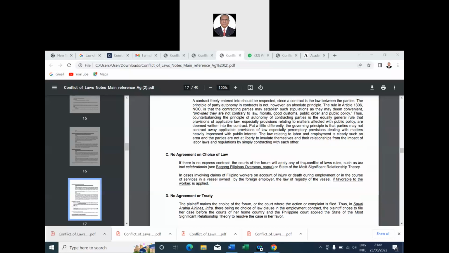I told you yesterday, a contract is made between two parties, one party from India, another party from Tanzania. The contract is made in India. That is the lex loci contractus. But the contract is to be executed in Tanzania. Is it clear? Okay. Now if any contract comes, which country's law will prevail in case of a breach? Tanzanian law or the Indian law? If it is not agreed in the contract,